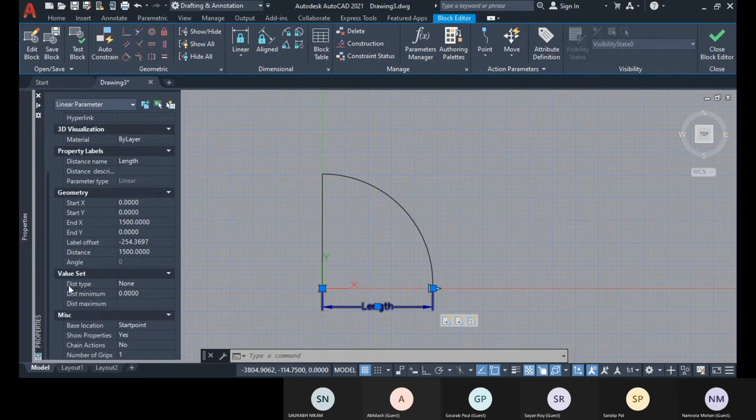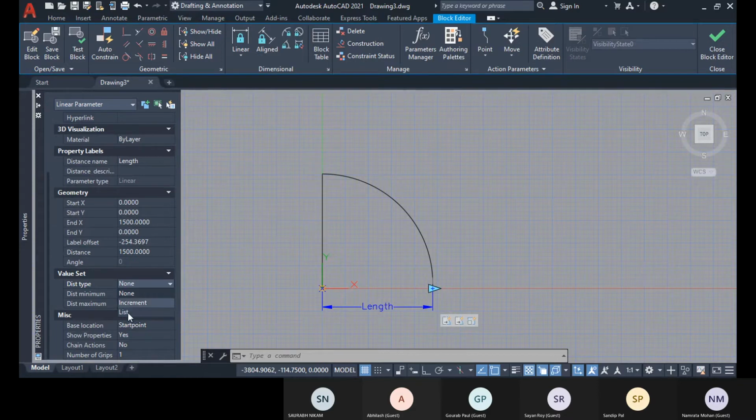Within this value set you see this is the distance type, and the distance type is right now none. So I can give an increment value like 300. Then you can decrease and increase by this increment. Like right now the door length is 1500, so you can decrease to 1200 or increase to 1800, meaning the 300 increment value.